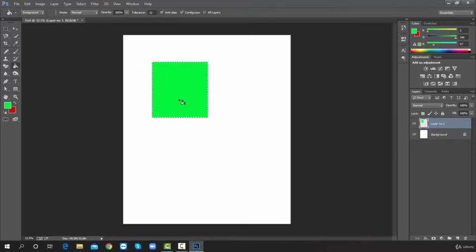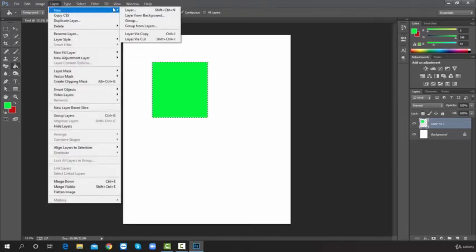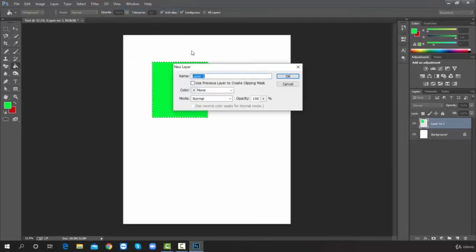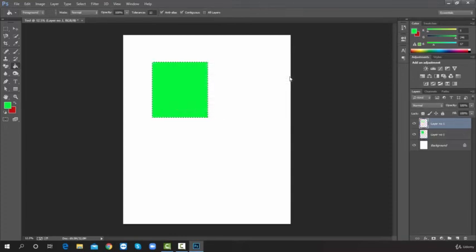Makes sense, huh? Alright, suppose at the same time in this document I want to create another shape. That will be a circle shape, but it will be on another layer. Hence at first we have to create a layer. So I'm creating it like before. Just click layer, then choose new, then select layer. Now put your layer name like this. I'm putting layer 2 and hit OK. Now look, the layer 2. Now I'm selecting this layer.